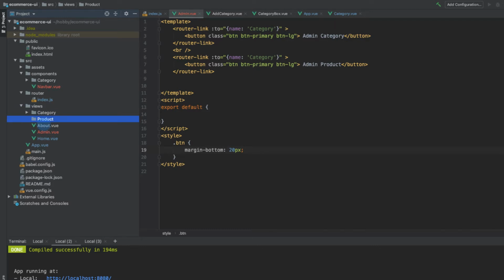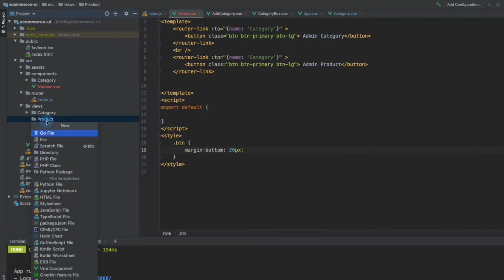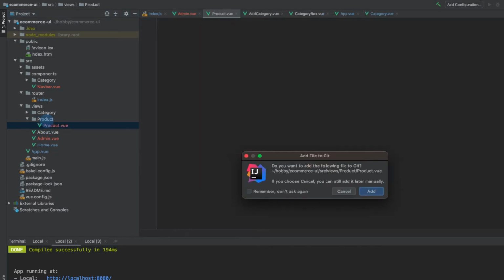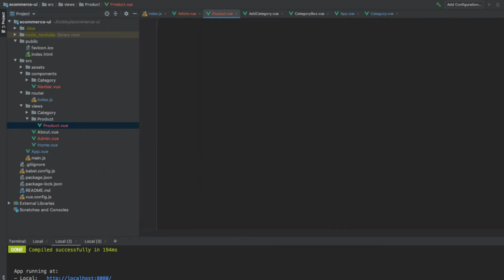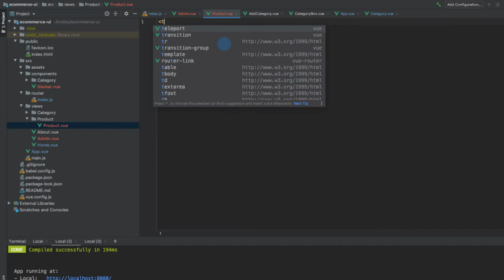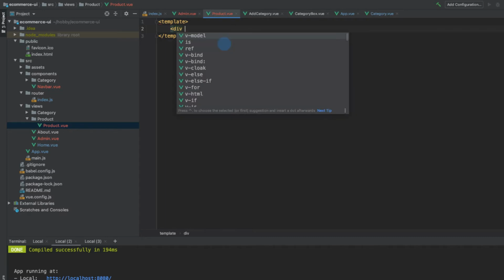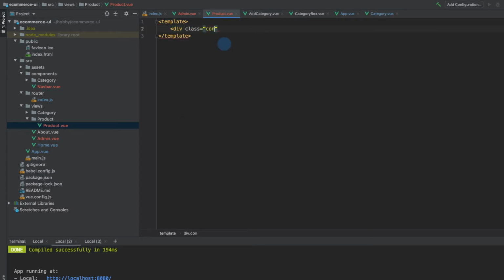And it will have one view, product.view. And it will have a template, and we'll give a div class container,